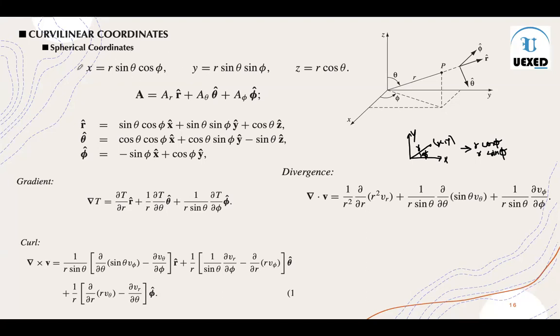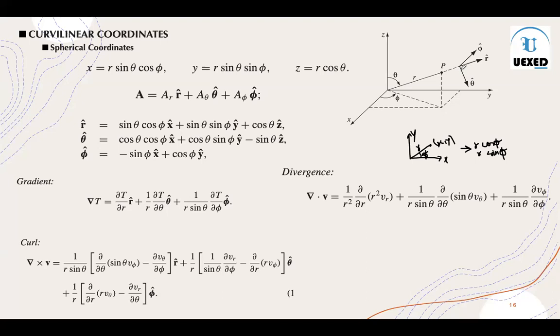So in a spherical coordinate system, we have x defined as r sine theta cos phi. We're going to use it very frequently. Similarly, y is r sine theta sine phi, and z is basically r cos theta. It is very simple to understand from this coordinate system. And now this x, y, z, which was in the Cartesian coordinate system, is going to transform into another unit vector.